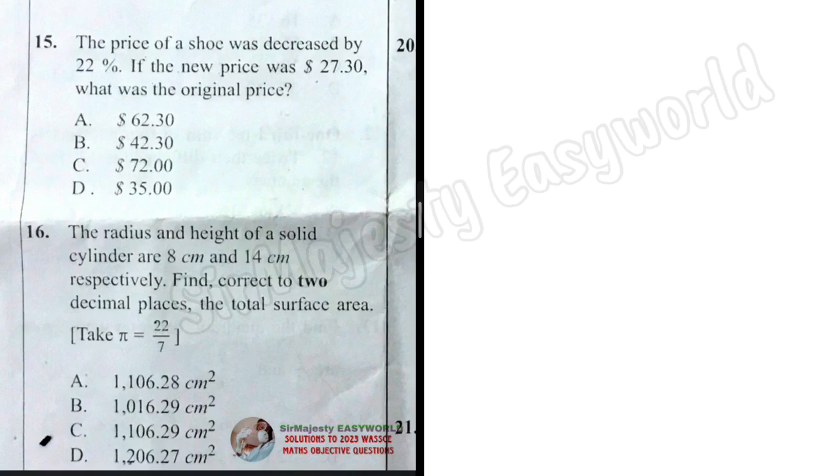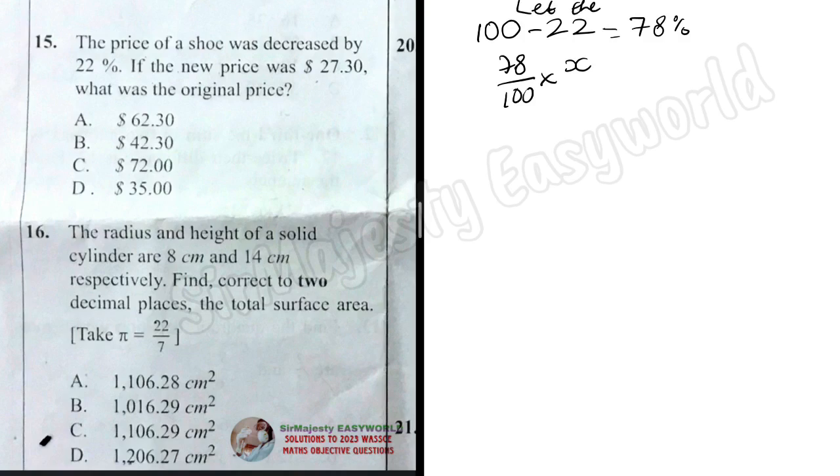the fact that it was decreased. The percentage, we subtract the percentage from 100. If it was increased, we add it to 100. So this will be 100 minus 22. This will give us 78%. So you know that 78% of the original price. Let's call the original price X. Let's write here. Let the original